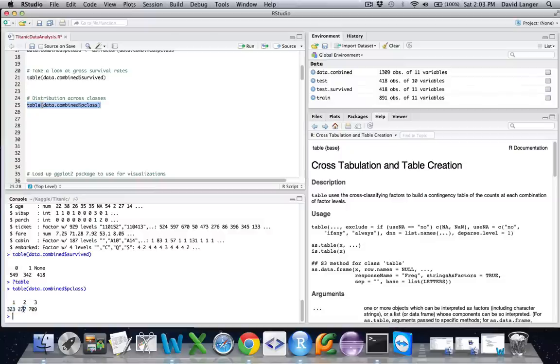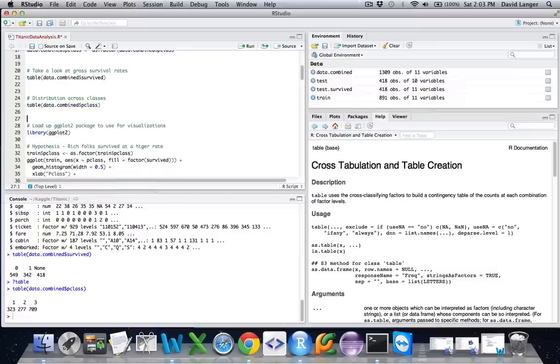We should keep this in the back of our mind. So you could get some pretty interesting information straight out of R just by using the table command.